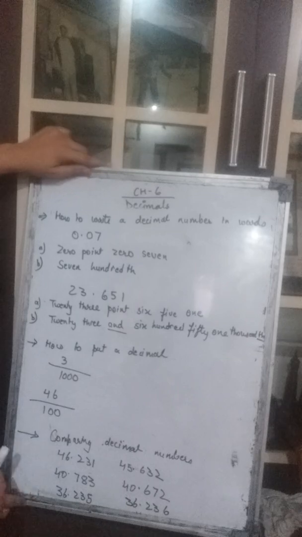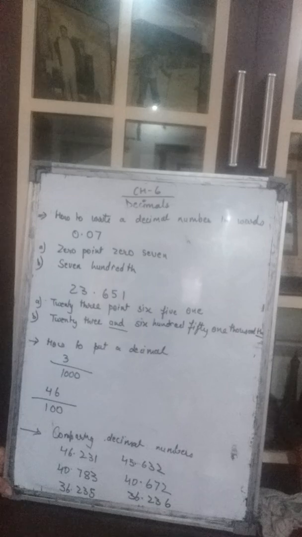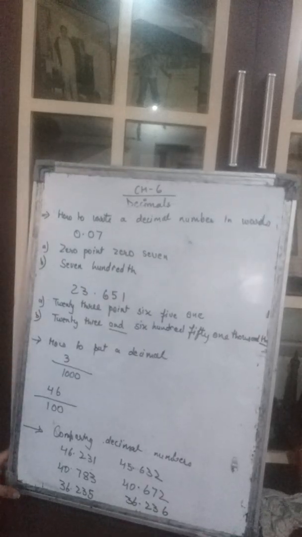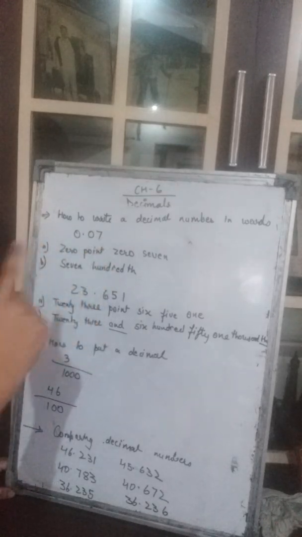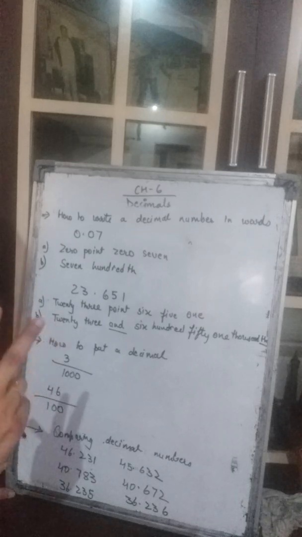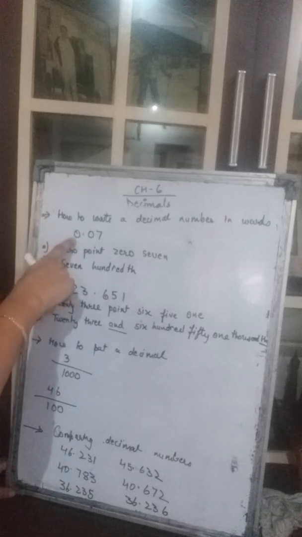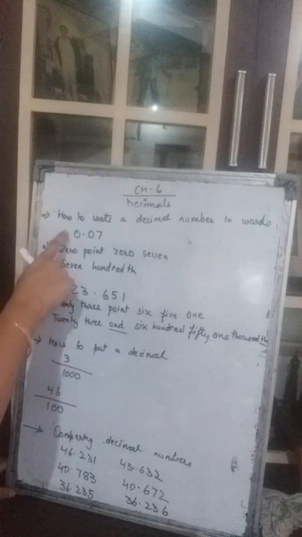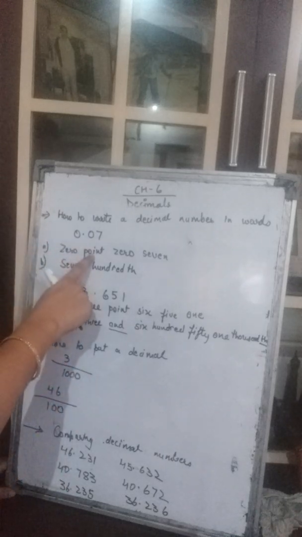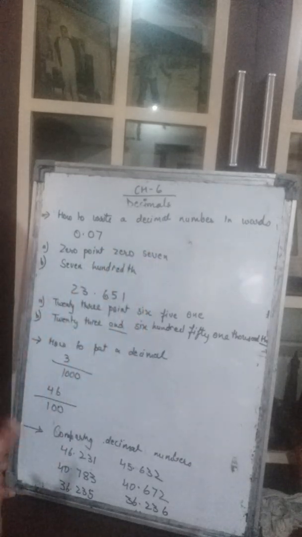Now after that we come to another important point, how to write a decimal number in words. Okay. The way we read it, similarly we write it. I told you one way of reading it, the same way we will write it. But there are 2 ways of writing a decimal number in words. What are those 2 ways? The first way is, suppose the number given here is 0.07. The way I am reading it, we will write the same way, 0.07. This is the first way of writing a decimal number in words.